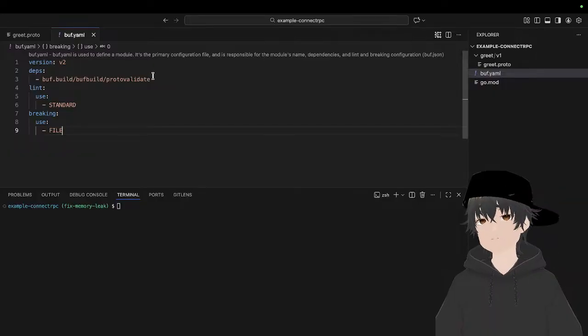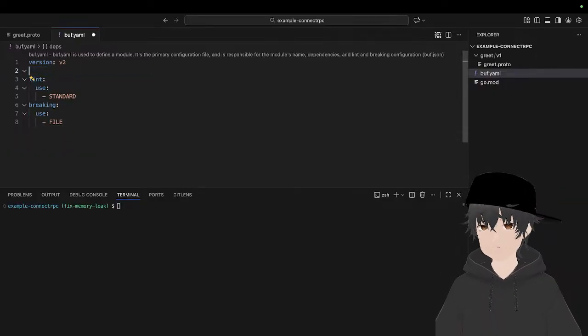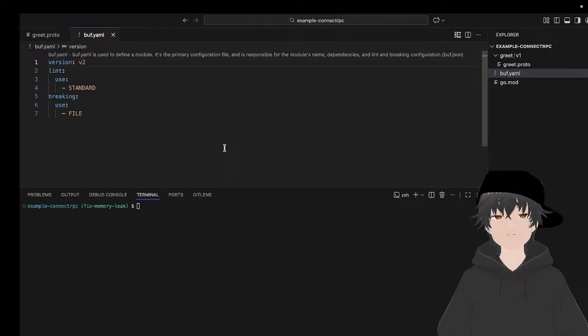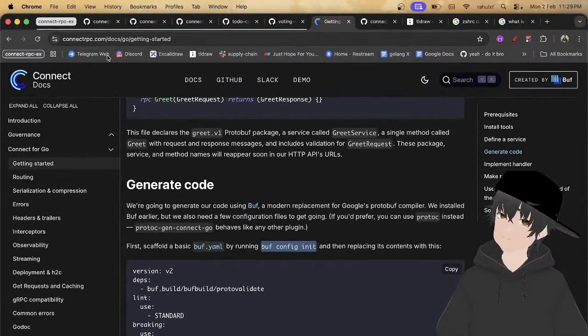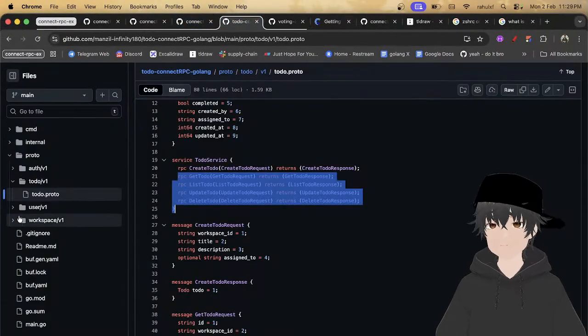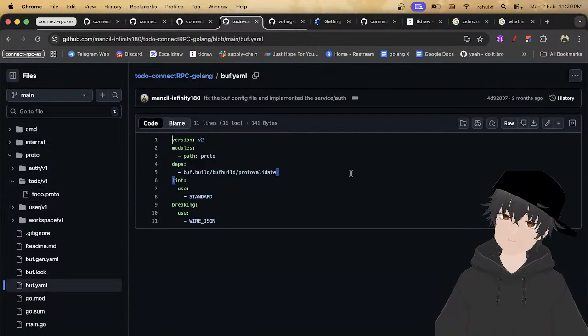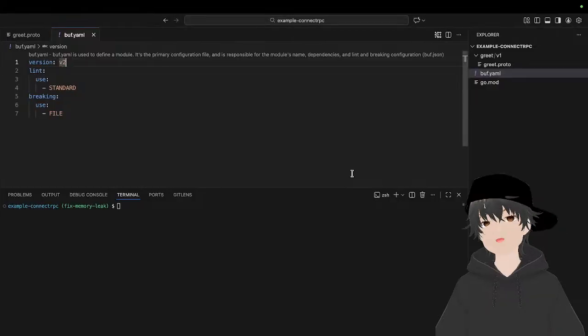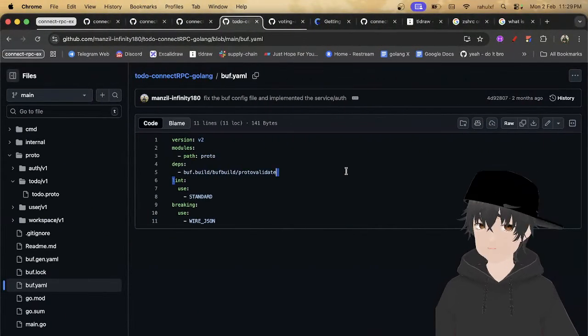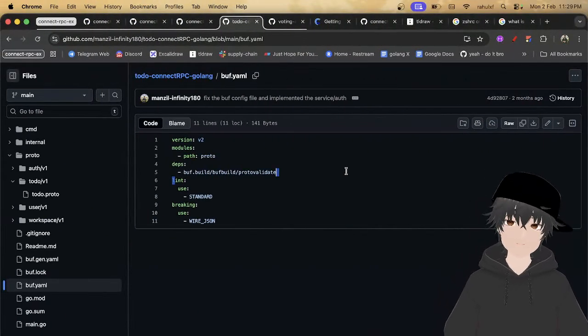and remove it. We don't have any, so we can remove that one. If you see here, we have that deps one. Okay, if you want to keep it, you can keep it, I don't have any problem.